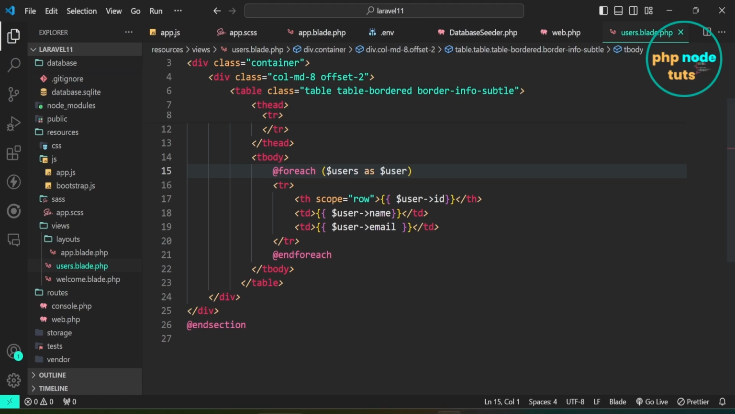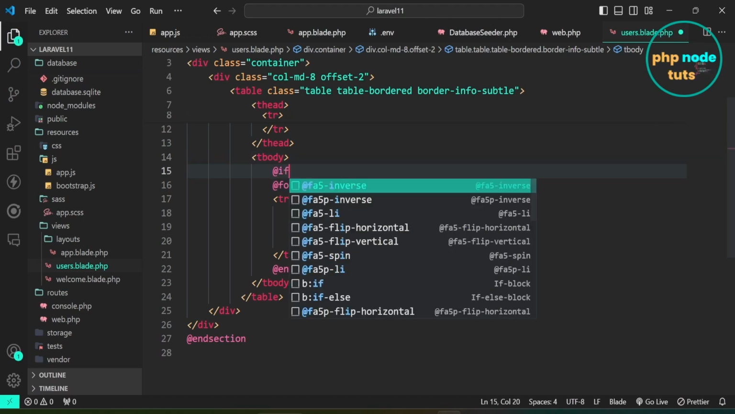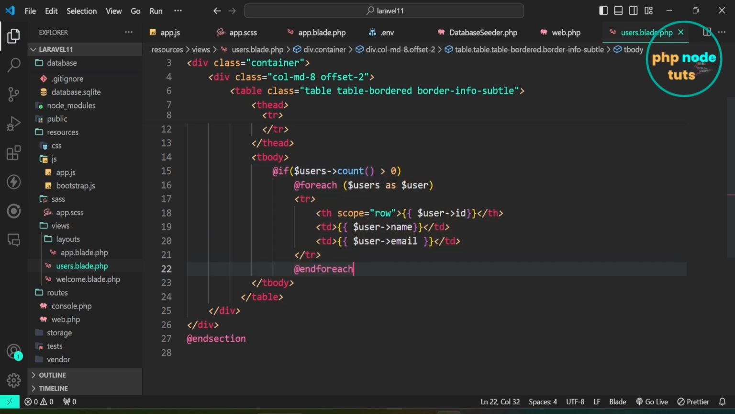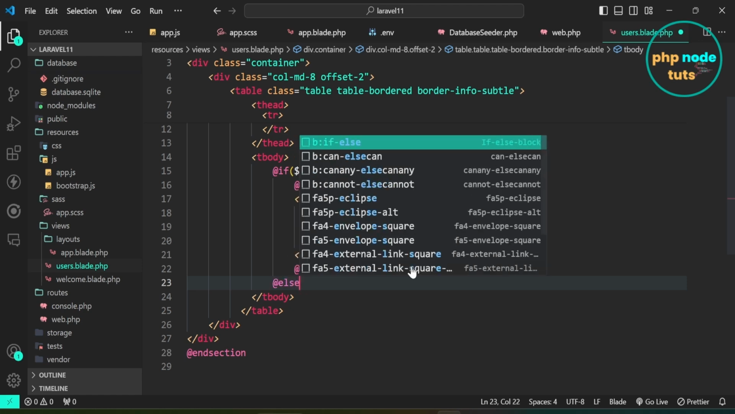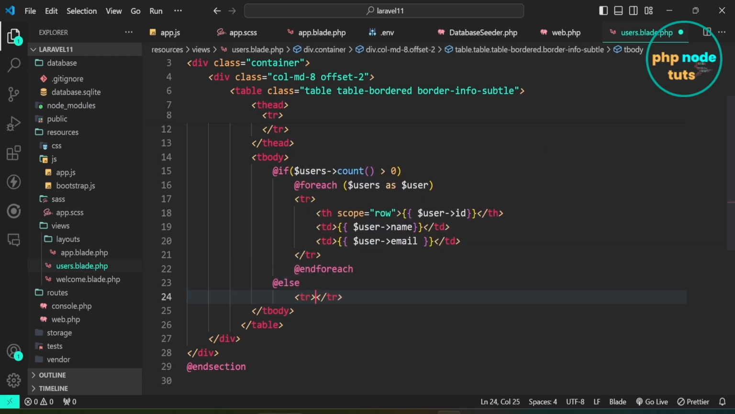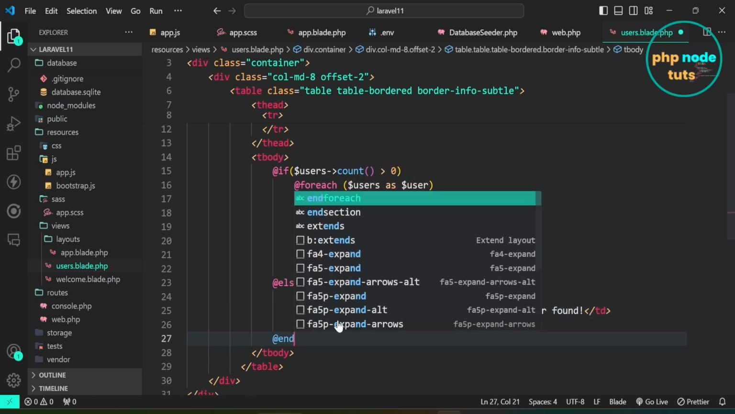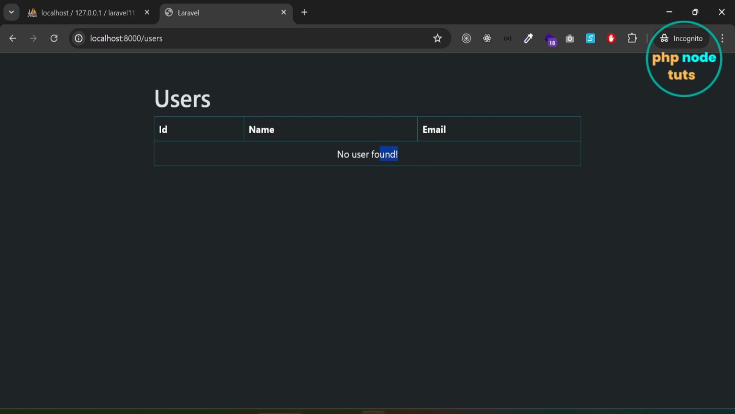Let's add the logic to check whether the users collection contains any data or not. First, we will use the @if directive and the count function with the $users collection. If the count is greater than 0, it will display user data, otherwise, it will display the message "No user found." Now, go to your browser and you will see the message "No user found," as there is no record in